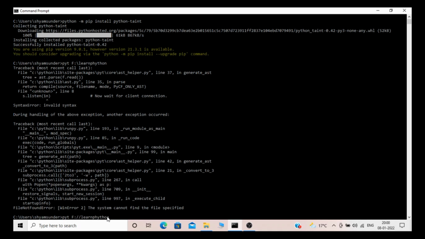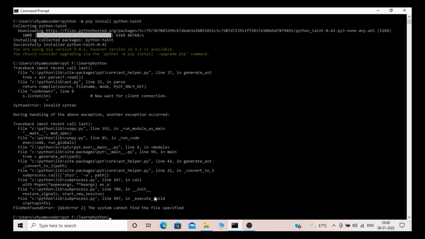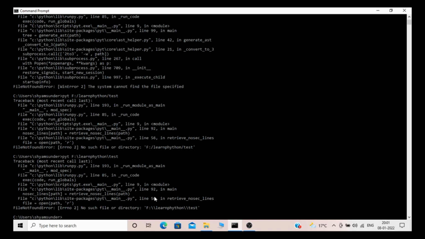Let me take one example, test. As it is Windows, it is running module as main, line number 85, and it's giving some error, file not found error.